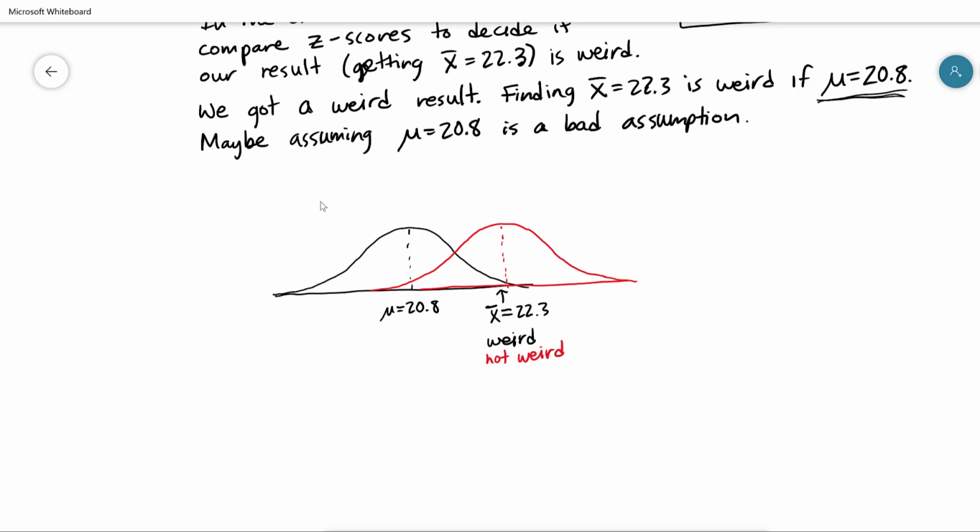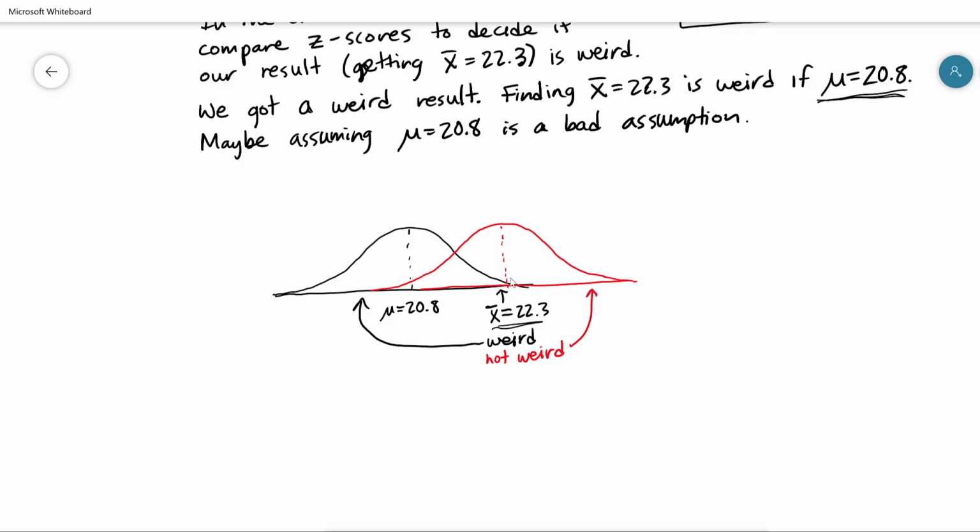It's weird for the black curve, so it's not weird for the red one. This result is only weird depending on context. In this case, we assumed mu was 20.8 and it led to a weird result way over here in the tail. But if we instead assume this red one is the correct distribution, well then we're right near the middle